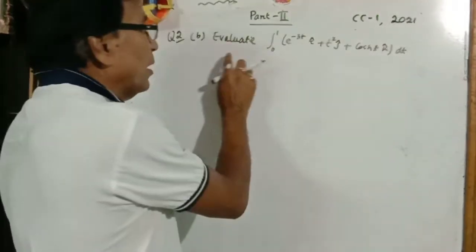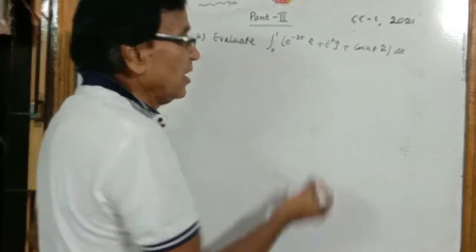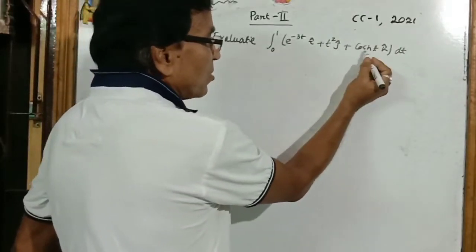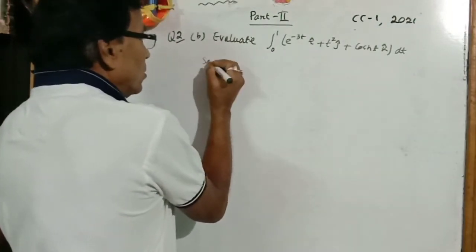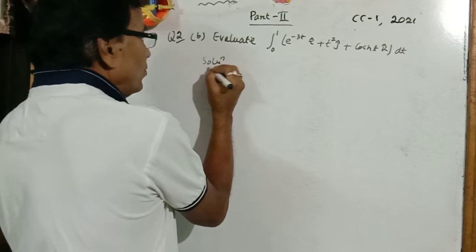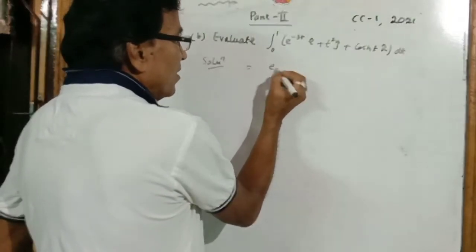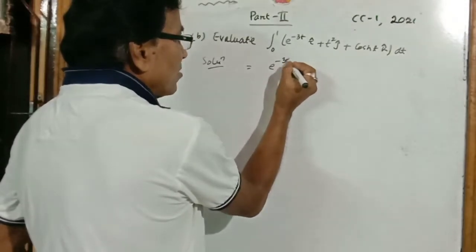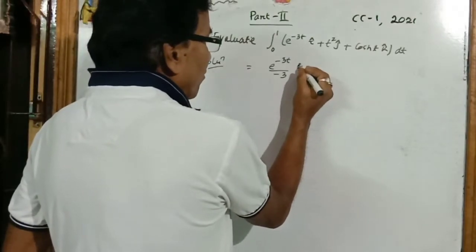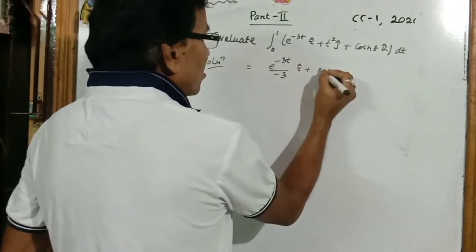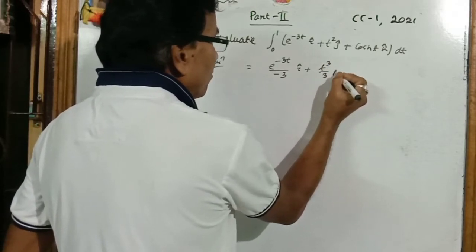Question number 2. We evaluate the definite integration from 0 to 1 of e to the power minus 3t i cap plus t square j cap plus cos hyperbolic t k cap with respect to t. So the solution is: we know that the integration of e to the power minus 3t is equal to e to the power minus 3t divided by minus 3, into i cap, plus the integration of t square, which is equal to t to the power 3 divided by 3, into j cap,